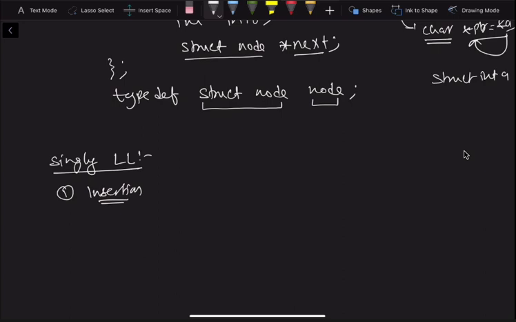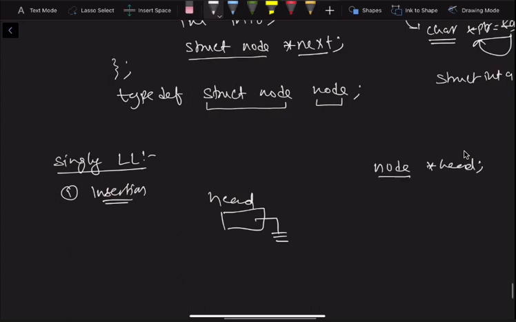So now see this, in the starting we don't have anything, we don't have any node, there is nothing at all. What we have is head, only head, which is pointing to null. Because we don't have any node, we have created a pointer, node asterisk head. This is what we have created.